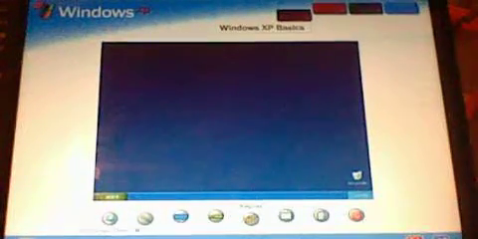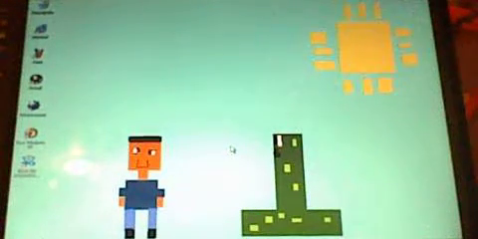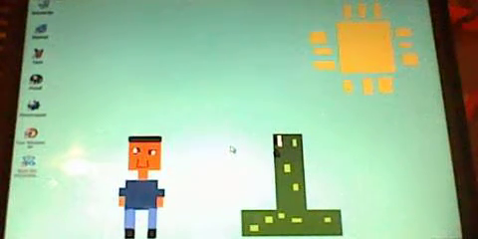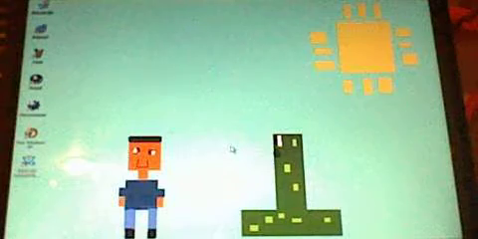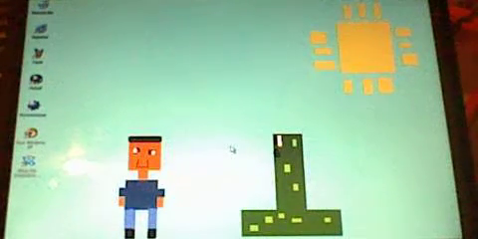Files and folders. So this will be the end of this video. And if you still like the way Windows XP was when you run Windows XP, be sure to download it